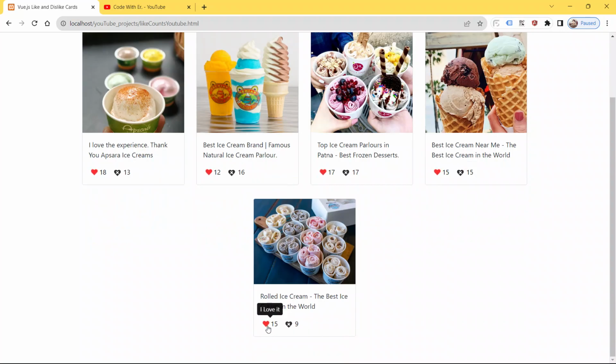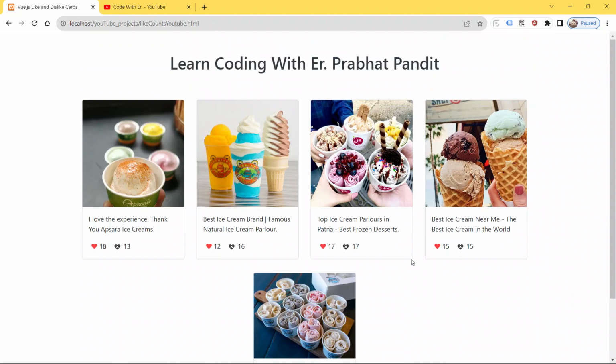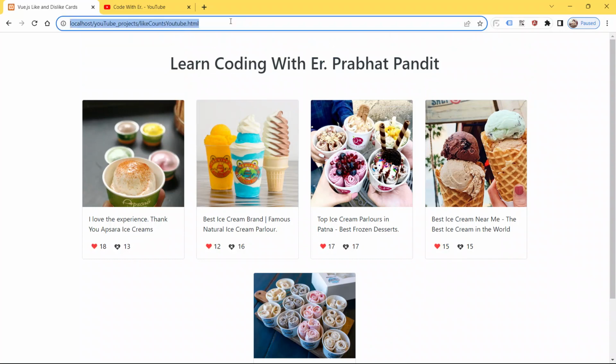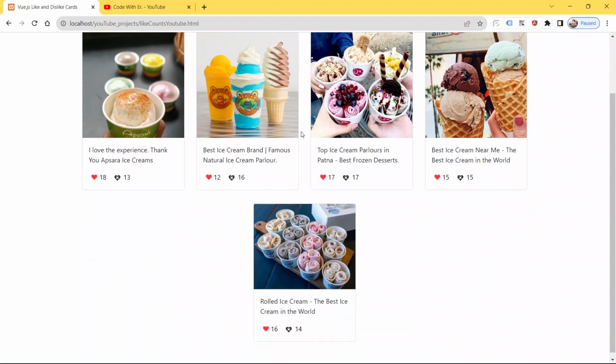Now refresh the page also, refresh one more time. See guys, the number of likes and dislikes remains the same. It is not gonna reset, I mean, it is not gonna go to 0. It will remain as it is.